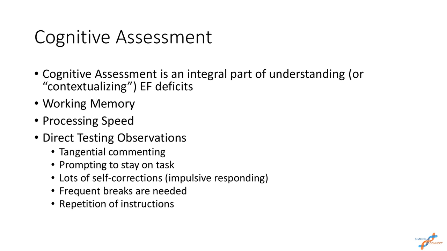But also just testing observations. So if the school psychologist or another evaluator is testing a child, they might talk about how the child makes really tangential comments. So maybe all of a sudden, out of nowhere, they started talking about their dog, or other things happened when they were supposed to be really on task, or they were told that they needed to really focus and pay attention. These children probably need a lot more prompting to get back to work. They might have a lot of self-correction.